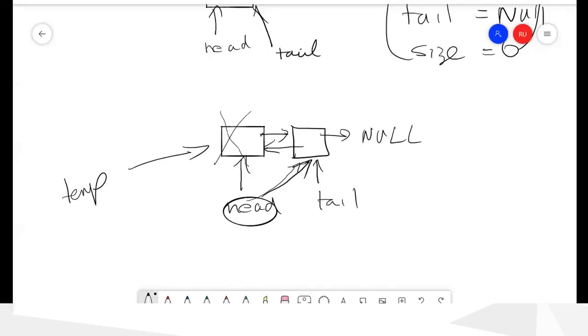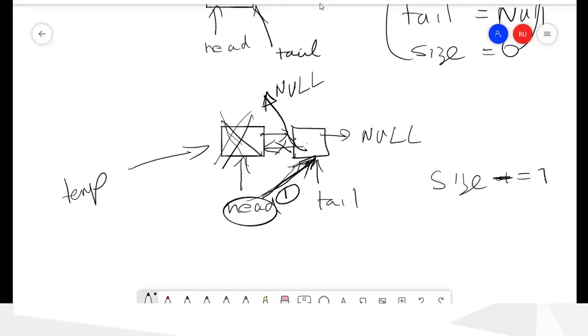And then first you make this one to this one, and after deleting there will be no memory here, so you have to make this one null. So this node null, and then you can delete this node and reduce the size by 1. Okay, so we will see how to do it.